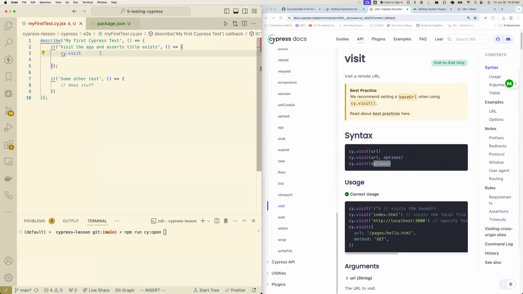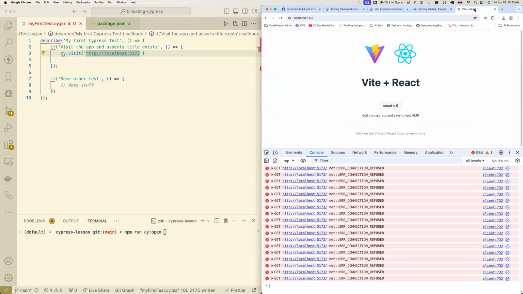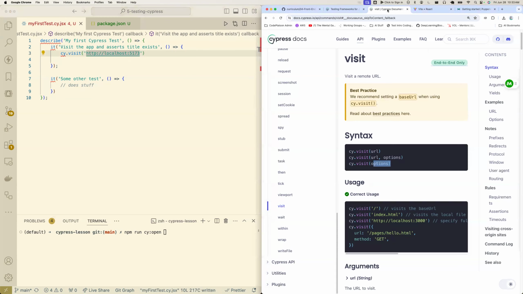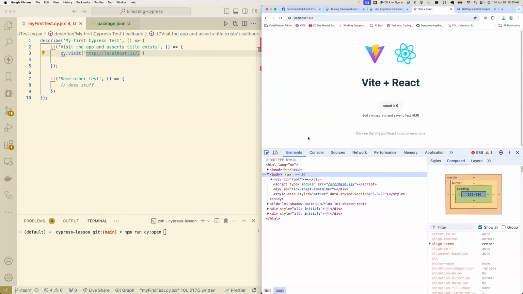So let's continue writing our test. So we're gonna visit the root URL of our website, which is gonna be localhost port 5473. Actually, I should probably, let's see, HTTP localhost 5173. We'll make sure that that works. And let me make sure I have my port right. And now,